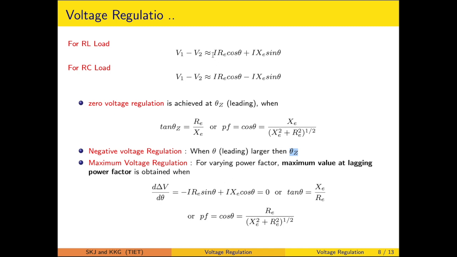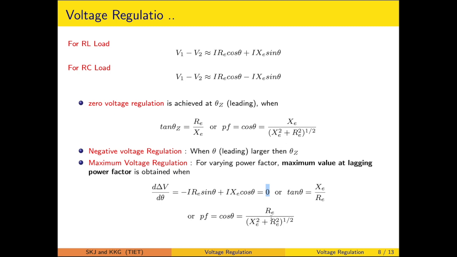Now, as mentioned, for an RL load the voltage regulation is always positive. So the maximum voltage regulation results for the RL load situation, and this is happening because only the power factor, or you can say the theta angle, is varying. So you can calculate this condition by taking the derivative of delta V with respect to theta and making that equal to 0. This suggests the condition of maximum voltage regulation. This is obtained, and correspondingly the power factor is written